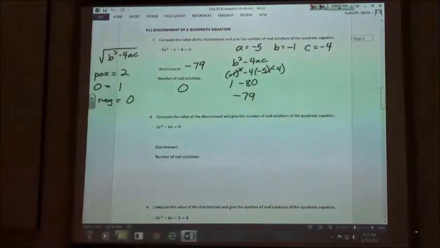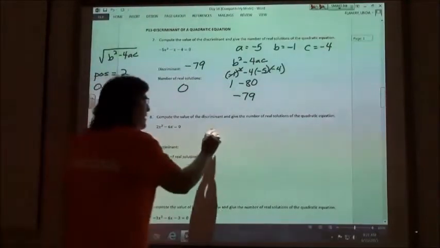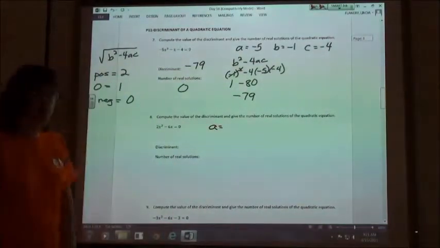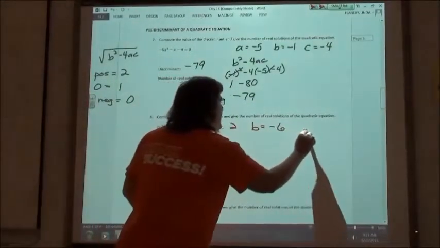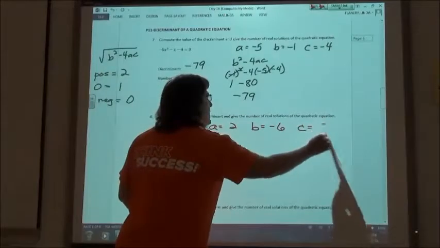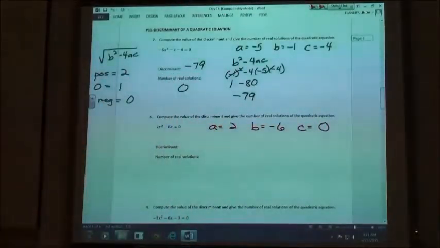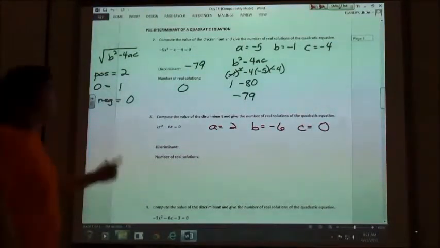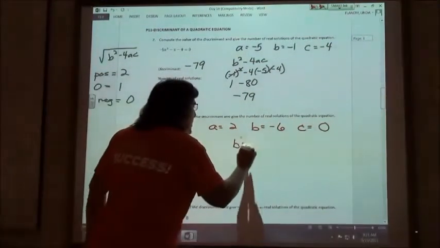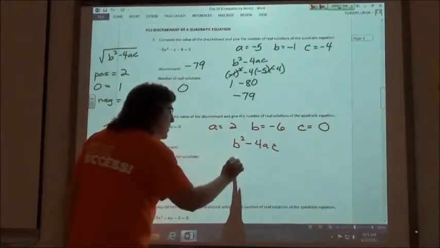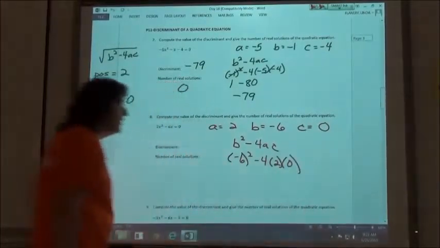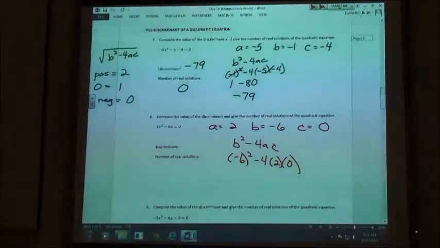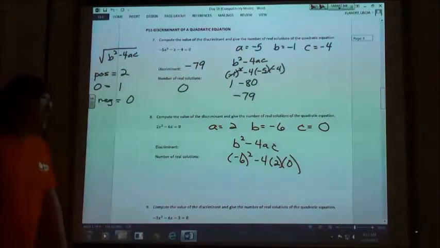So number 8, my a value would be 2, my b value is -6, and my c value is 0, right? So sometimes they'll leave one of your terms out, which is perfectly fine. We just put a 0 in for that value, and then we figure out our discriminant. So b squared minus 4ac means I'm going to have -6 squared minus 4 times 2 times 0. So if I figure out what that value is, I would get